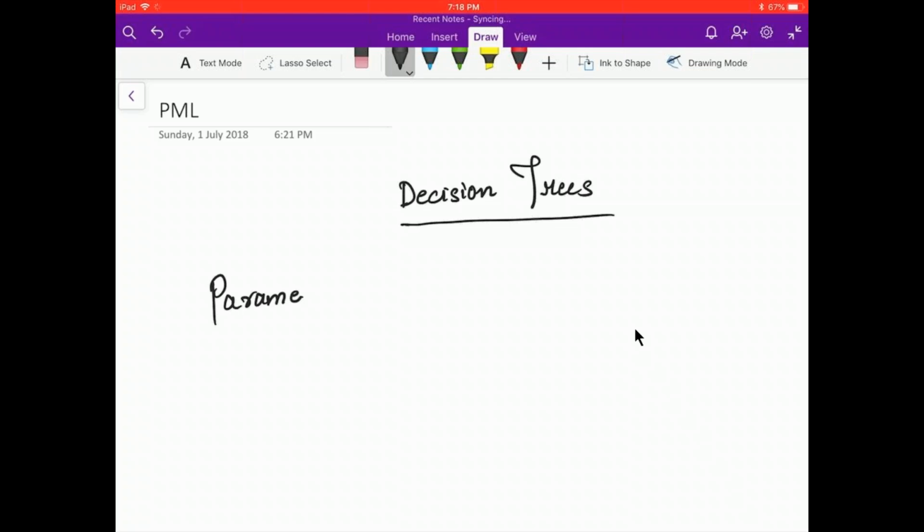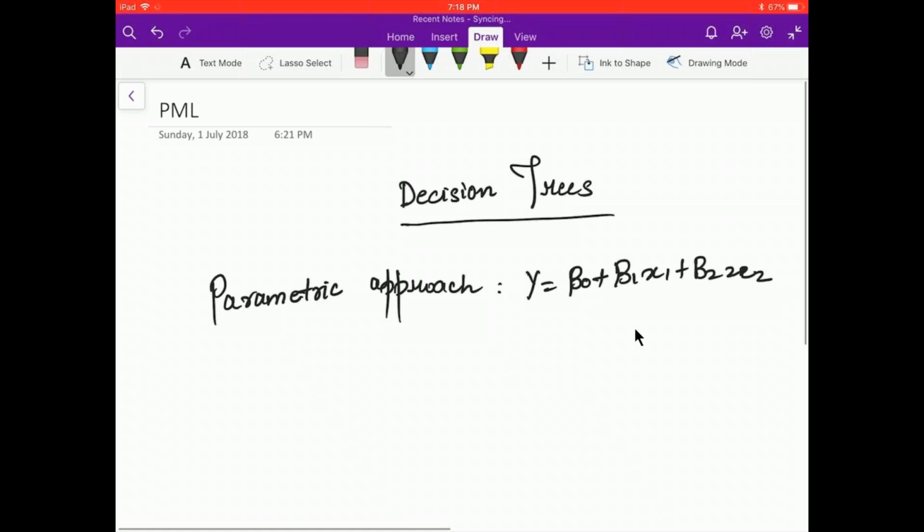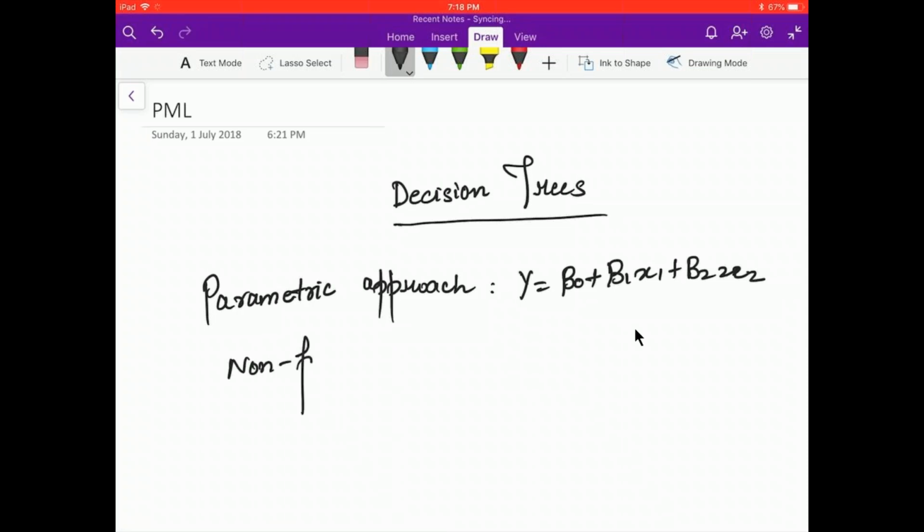One is the parametric approach, wherein we have a type of function with a particular structure of the equation. This is called the parametric approach. The other one is the non-parametric approach,